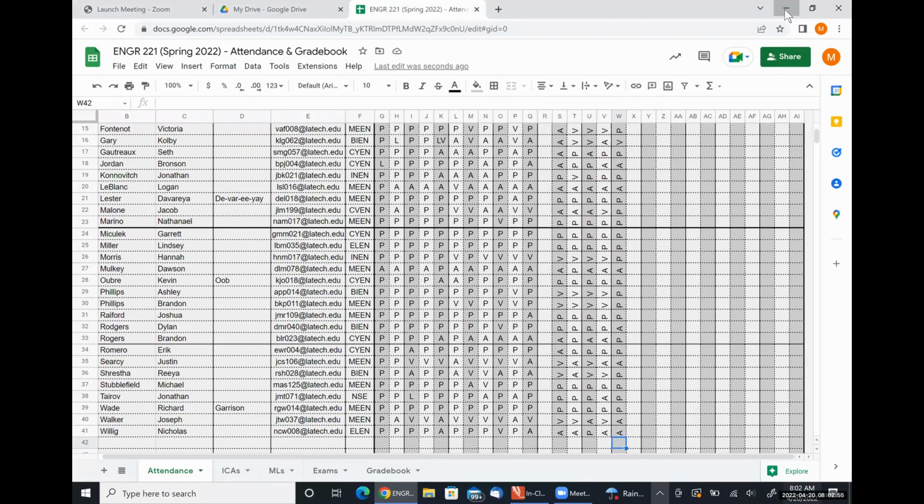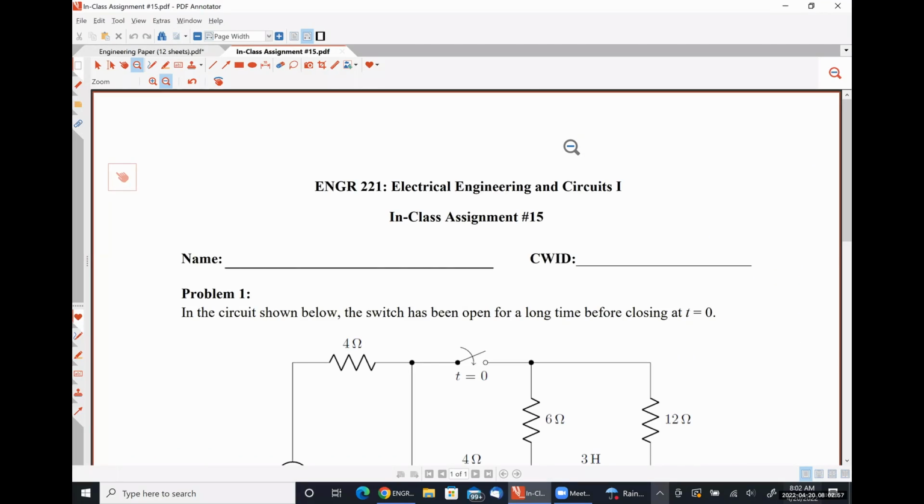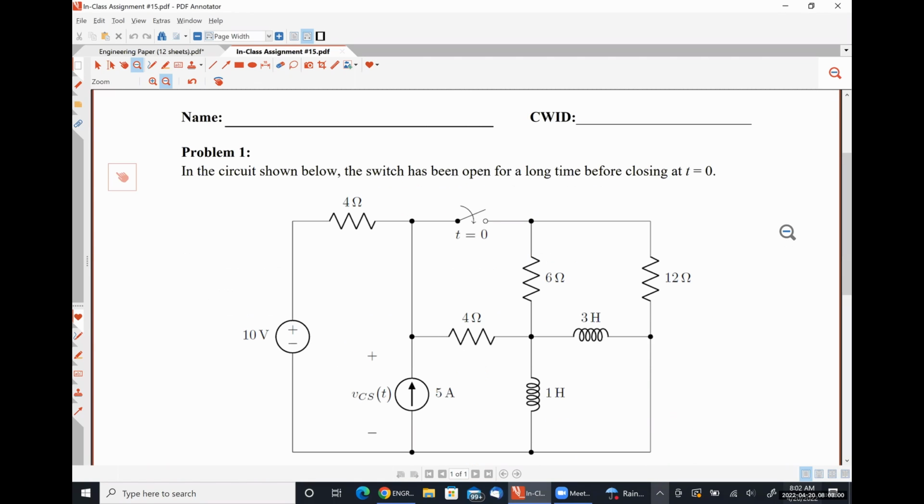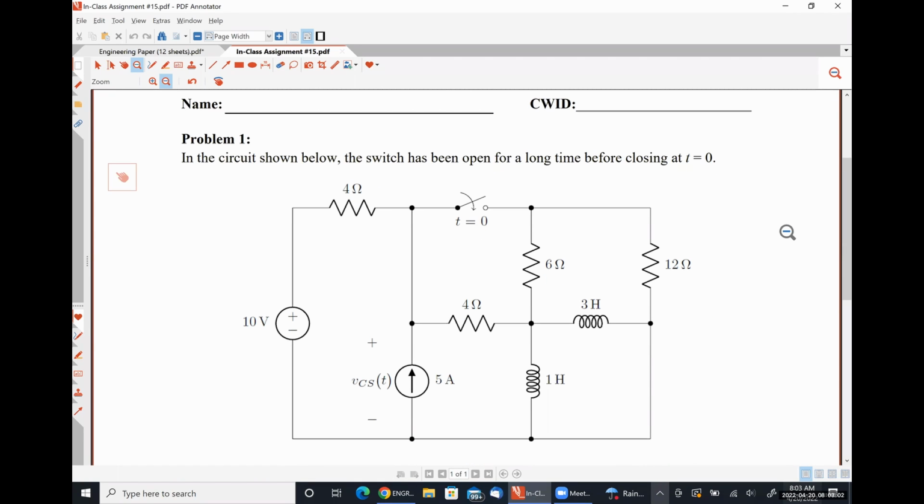So what I have on the itinerary for us today is literally just this in-class assignment and then a lab assignment. We have already covered all of the lecture material required for our transient analysis of RL and RC circuits. So this is just a single in-class assignment problem that involves having multiple energy storage elements because there are two inductors. And so I'm just going to give you guys a little hint and then let you go about your business